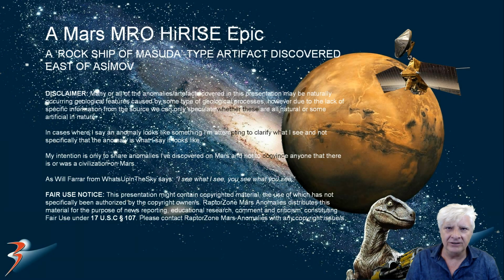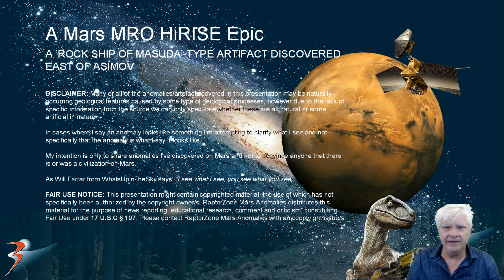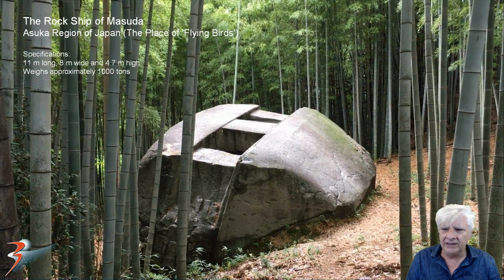In this one I'll be showing you a very weird artifact I discovered east of Asimov on Mars. It looks very similar to the Rock Ship of Masuda found in Japan. There's a photograph of the Rock Ship of Masuda located in the Asuka Region of Japan, also known as the place of flying birds. The specifications: it's 11 meters long, 8 meters wide and 4.7 meters tall, and it weighs